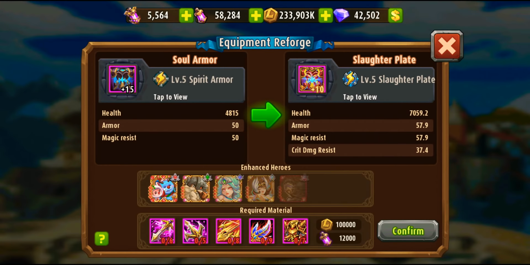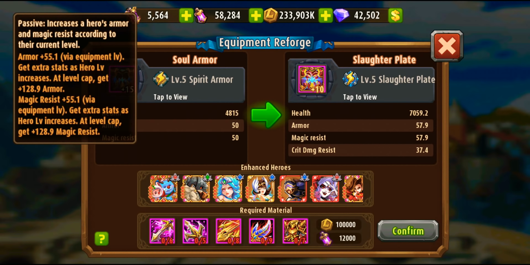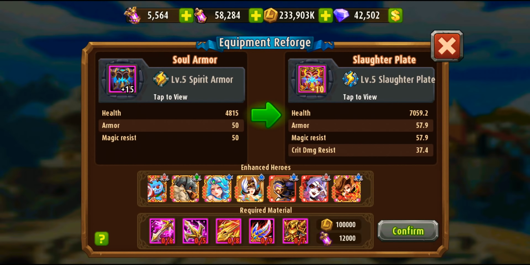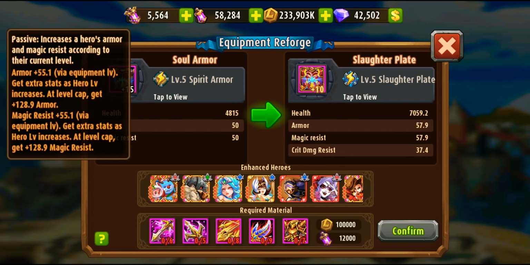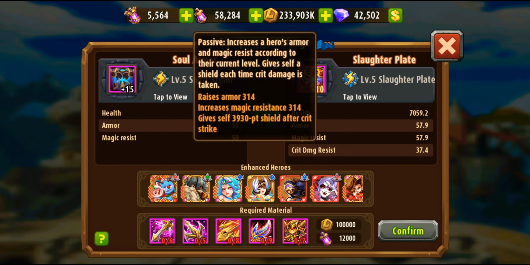Now, Soul Armor. It's a very defensive equipment and very nice. It's passive. It's just perfect to upgrade if you're using Quinox or Lilith or Noelle or any one of those in your team. The passive increases the hero armor and magic resist according to your current level. At level cap, the maximum level, 105, it will increase 128.9 armor and 128.9 magic resist. After the reforging, it will be 314 armor and 314 magic resist, and give himself